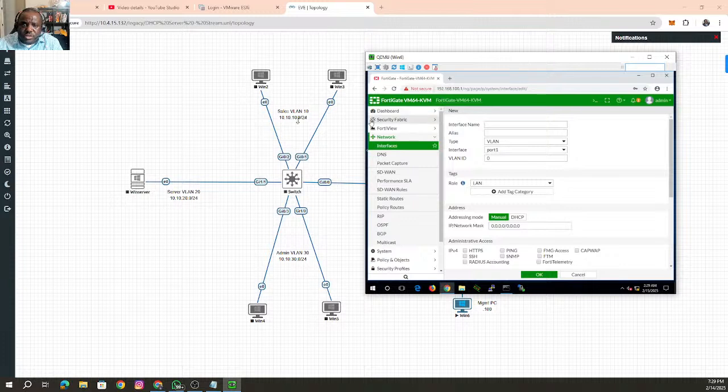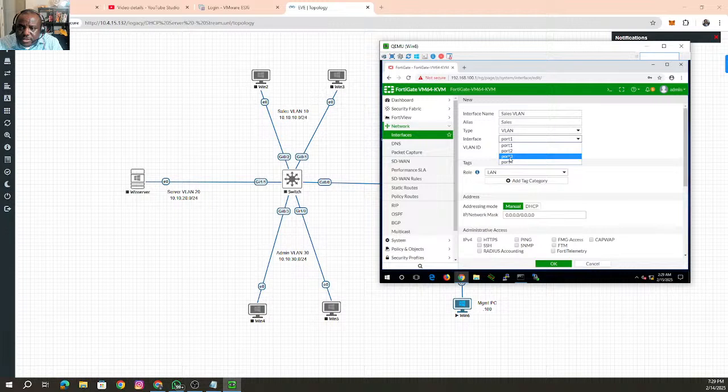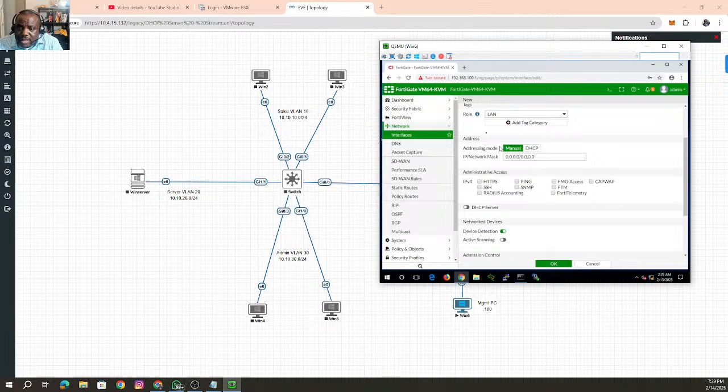The first one is our sales VLAN. So we say sales VLAN, alias sales. So it's a VLAN and it's connected through port 3, right? All of them are connected through port 3 of the firewall. So we'll give it port 3 and the VLAN number is 10. The role is a LAN, and we're going to give it an IP address for